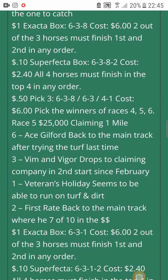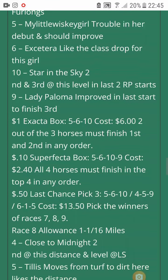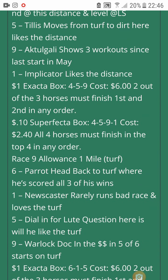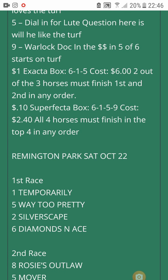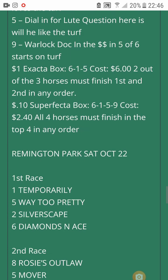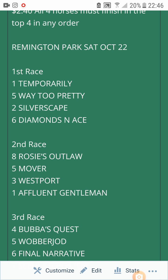It's quite a good tip, the hare. I haven't had good time to go through any. I normally would have a look at one or two races and really find out, get to look at the proper workouts and all the times and see the jockeys and that. Normally pulls up a few winners when I do it like that, but I haven't got time, so this is the hare. Local tips, the Remington Park,